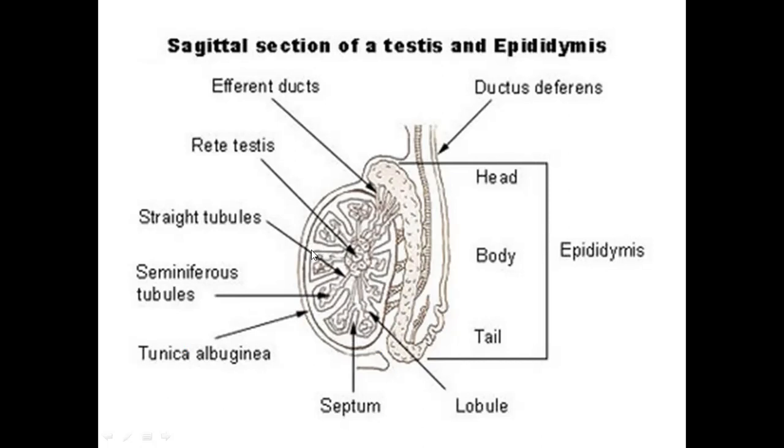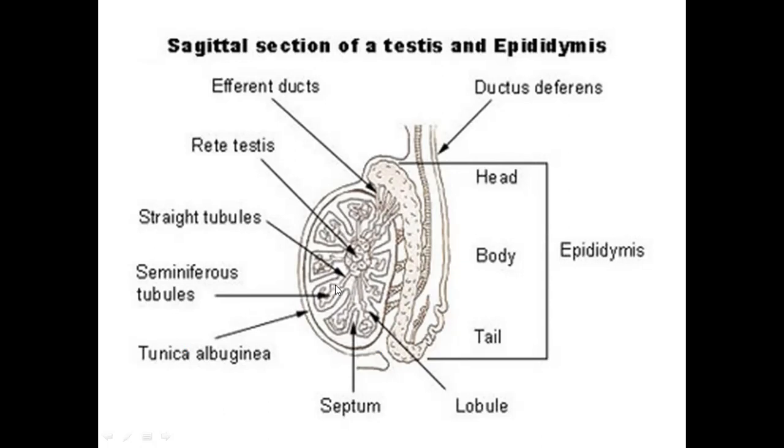Then if we talk about the individual lobule, within an individual lobule there is a seminiferous tubule. It is a highly convoluted tube. There could be 1 to 4 tubes present in an individual lobule, and there are multiple lobules in the testes, separated by connective tissue boundaries coming from the mediastinum moving out towards the tunica albuginea in the shape of septa. This seminiferous tubule is lined by stratified germinal epithelium. We will discuss this in upcoming slides.